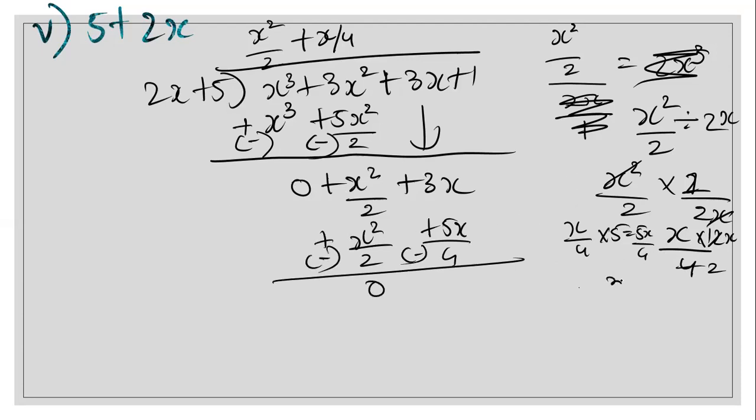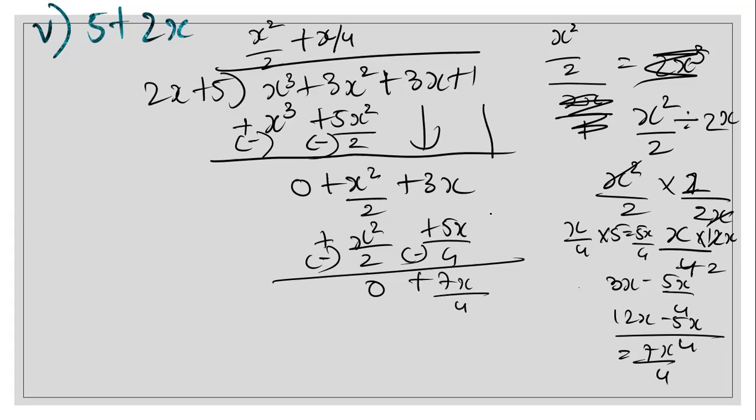So this is 3x minus 5x by 4. Take the LCM, this will be 12x minus 5x by 4, which is 11, 10, 9, 8, 7. Yeah, so this will be 7x by 4. Bring down this plus 1. So now 7x by 4. Let me do the next calculations here. Don't get confused. Okay, so 7x by 4